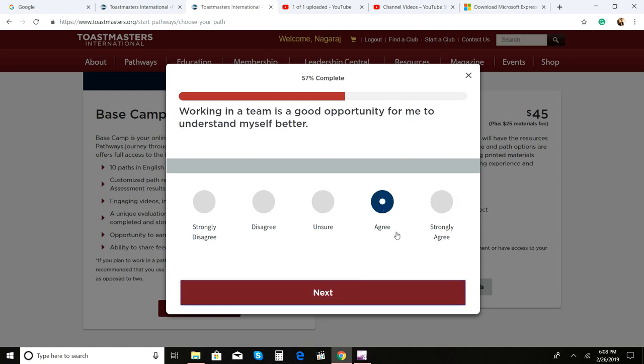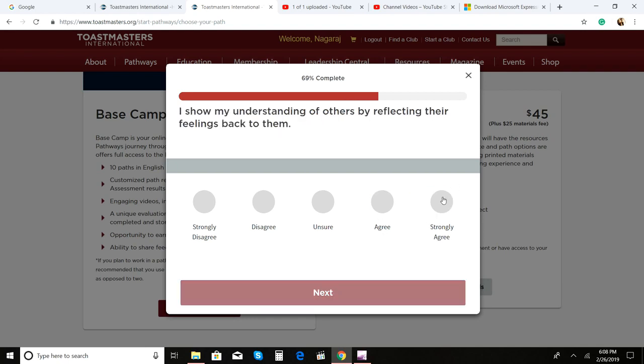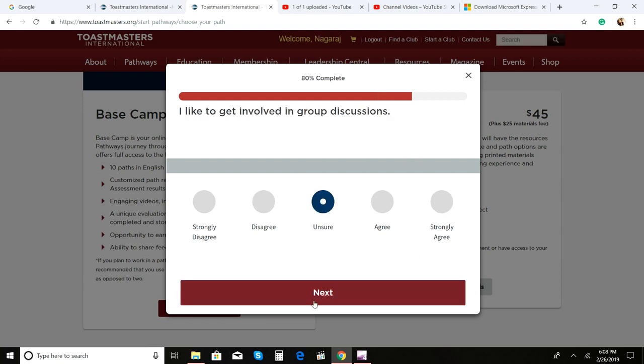Okay, once you complete this 100%, it will give you an option to select the pathways. Unsure, agree, strongly agree. You can select anything based on your questions.